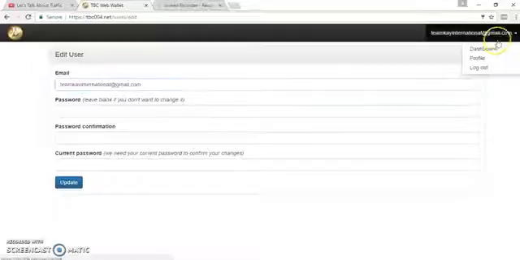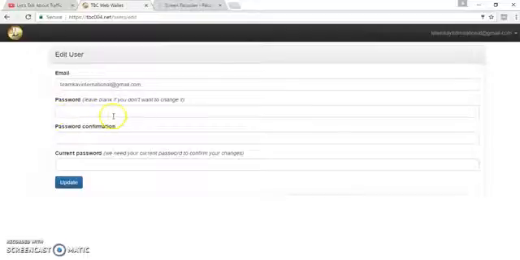And if you want to change your password for any reason, just come here and click profile. That's what I just did, and you'll see your email address here. You just enter your password, enter your